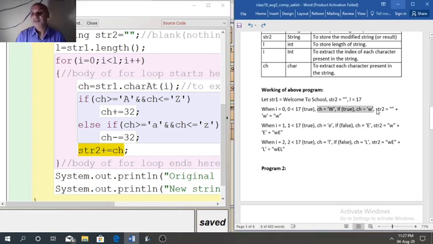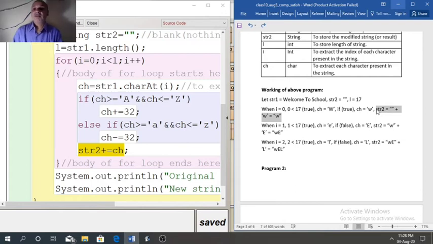So here you can see str2 equal to str2, that is blank, plus new character ch, that is small w. So when character small w is added to blank, we will get the result in the form of string, that is small w.